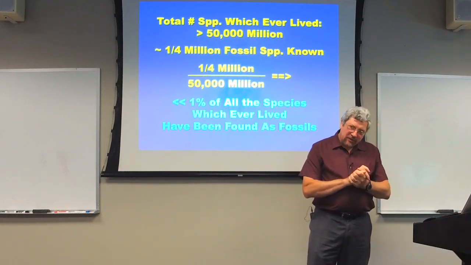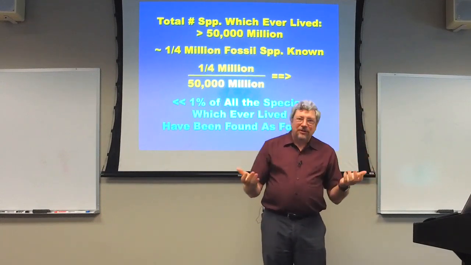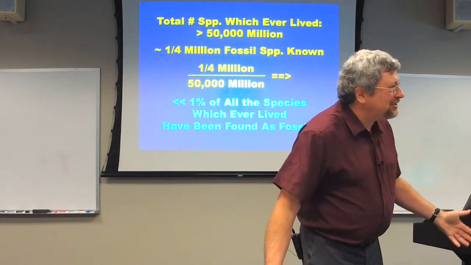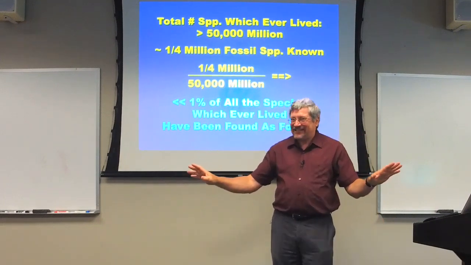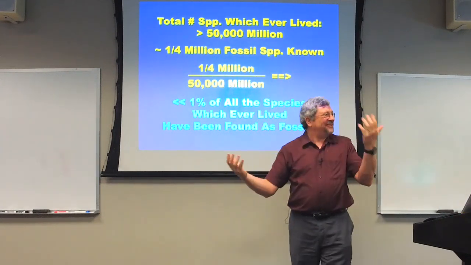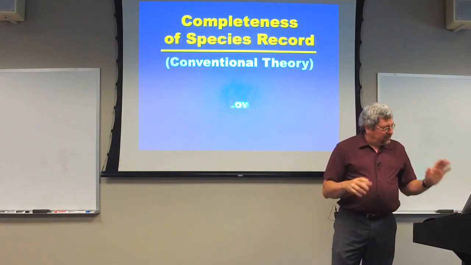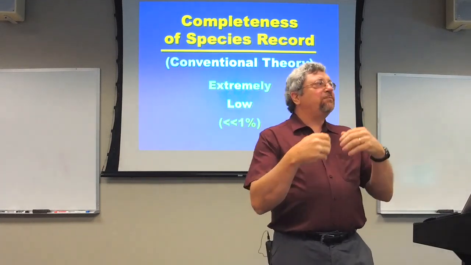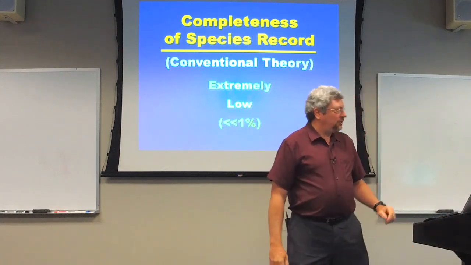And I'm going to put a parenthetical note in here. Creationists have bought this. Creationists have just simply quoted that and said, alas, far less than 1% of all the species that have ever lived are found in the fossil record. And bunk! That's garbage. That is calculated on the basis of the assumption that the fossil record is representing 600 billion years of time and so on. But conventional theory would expect that the species completeness of the fossil record is extraordinarily low, far less than 1%.